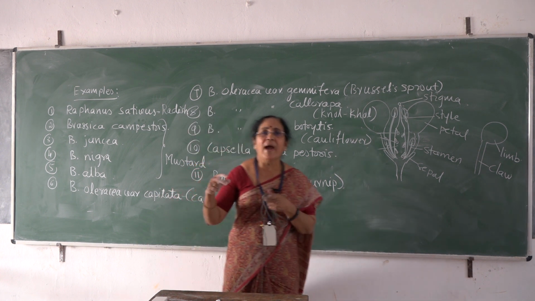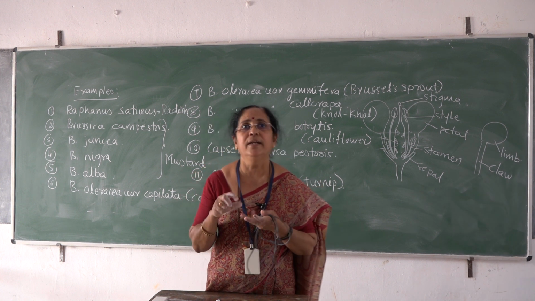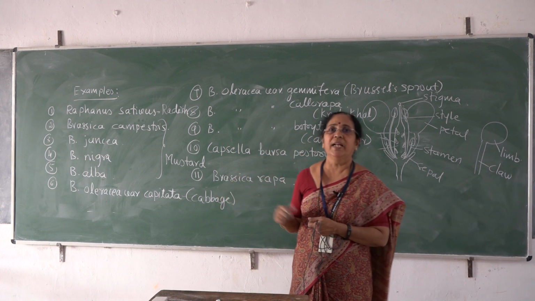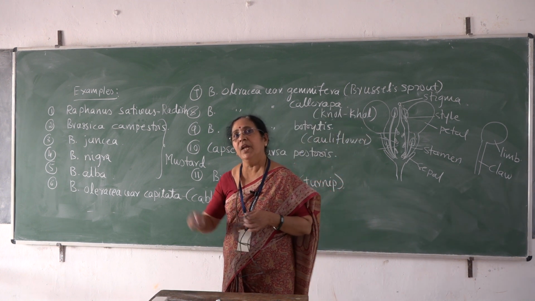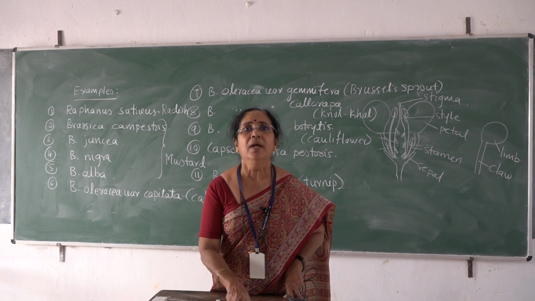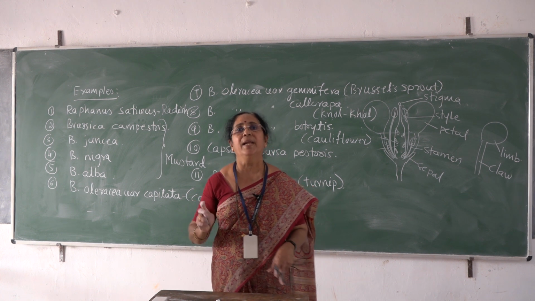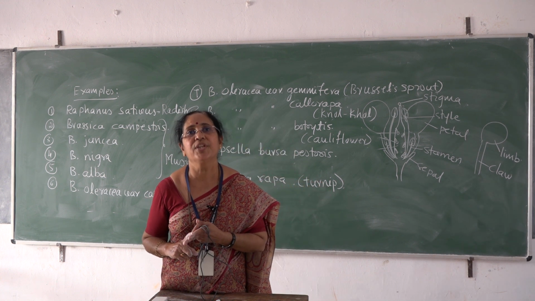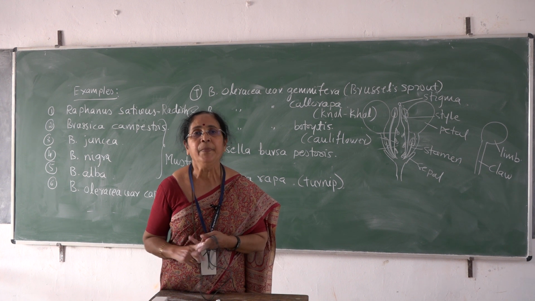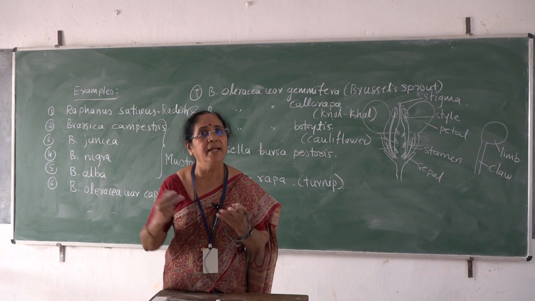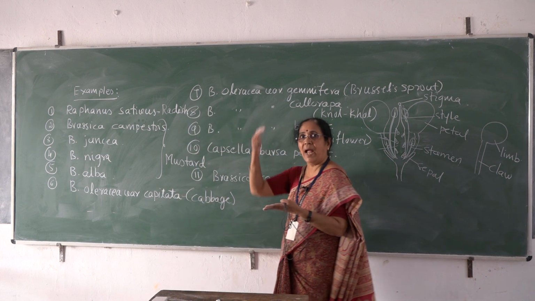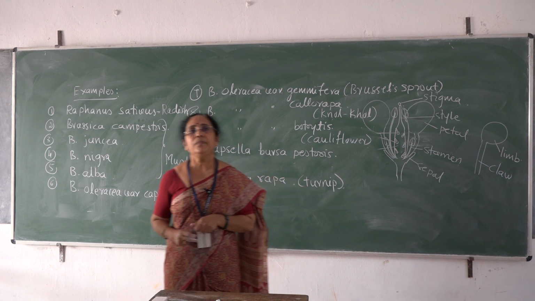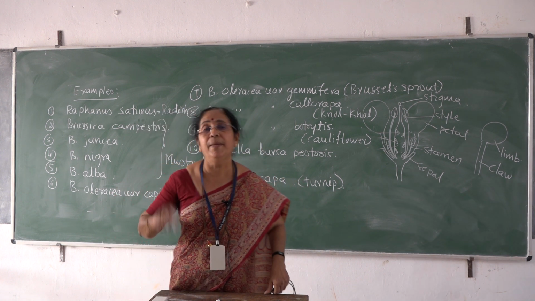So you have to put in a lot of effort to remember all these botanical names of the plants, because in the examination they will give the local name, they will give mustard, and ask you to write the botanical name of the plant, the family to which the plant belongs, and to mention the important features or salient features of the family. So you are not going to describe the entire family as I taught you right now, habit, root, stem, leaf and so on. You are going to highlight only the distinguishing features of the family by putting numbers.